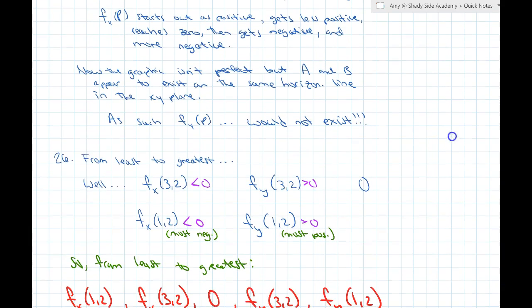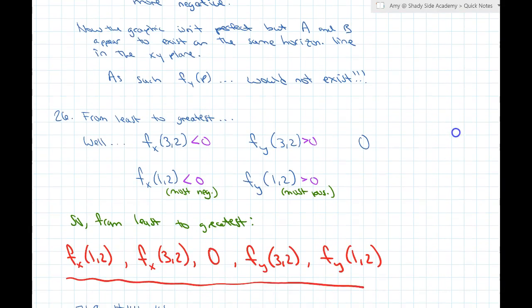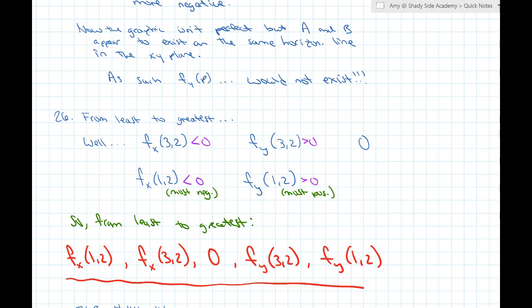26 was a great question. That was a really, really good one. Here, when you're looking at the picture, and you're looking at f sub x at (3, 2) and f sub x at (1, 2), they are both negative. Oh, I should say this,